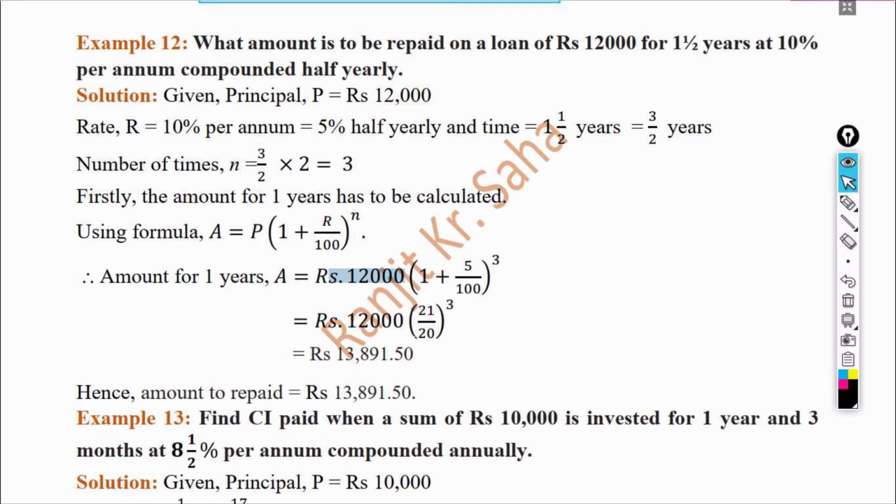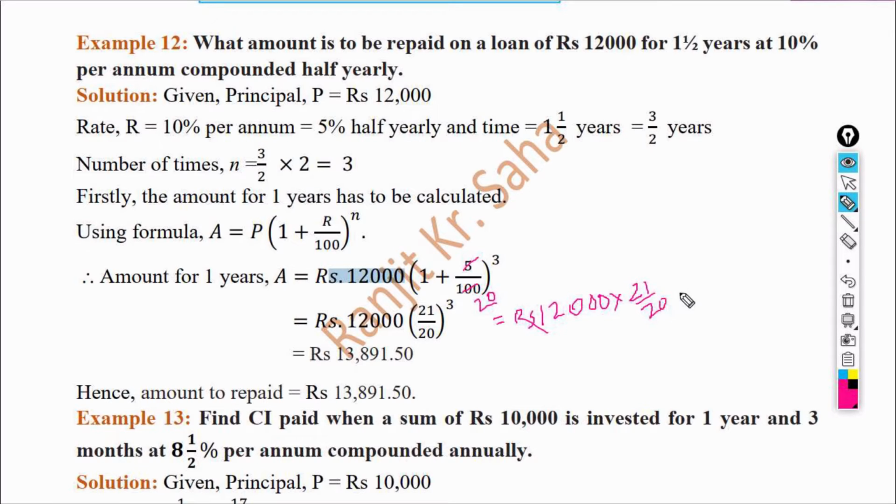When you calculate this, 5 by 100 is 1 by 20, and after taking LCM and simplifying, you will get 21 by 20. Now here you can write rupees 12,000 into 21 by 20, 3 times,